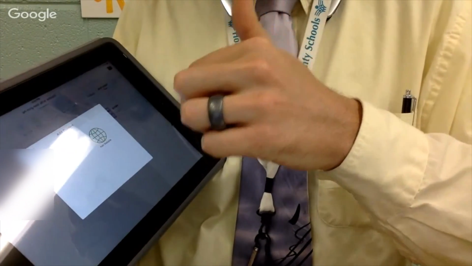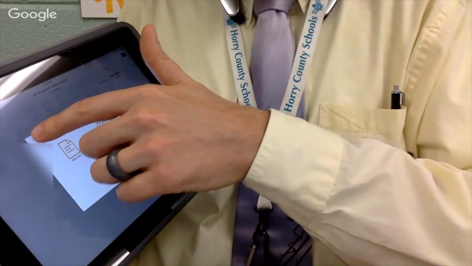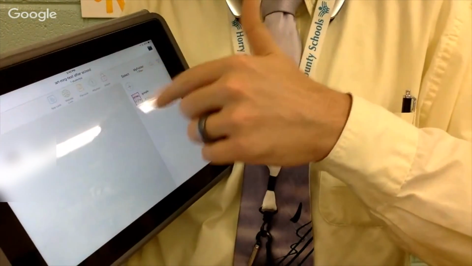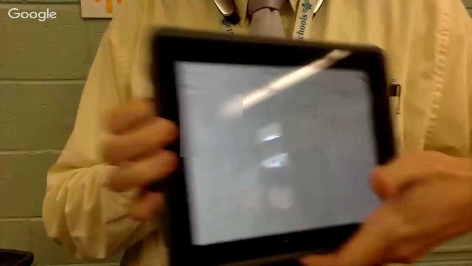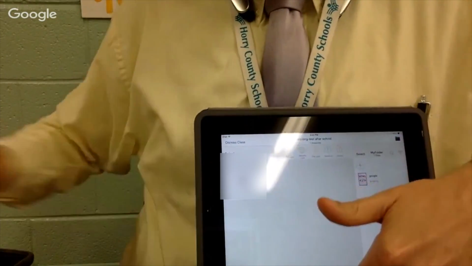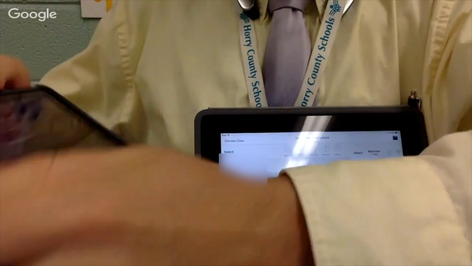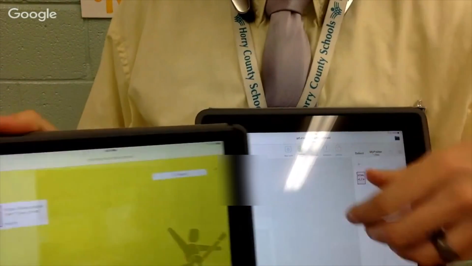Done. Okay. So I can add another website and do this again, but I got it in. So now Google is one of my websites that I would use all the time to lock my students in. I'm going to add that up. And what should have just happened while I added that website is, back on my student iPad, that website is now